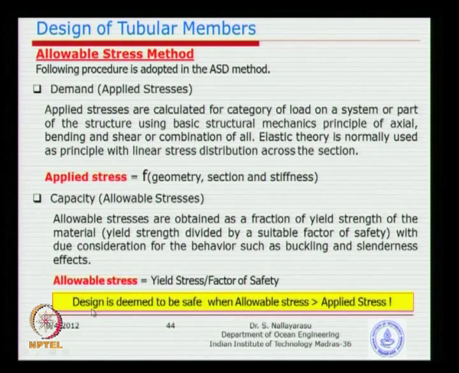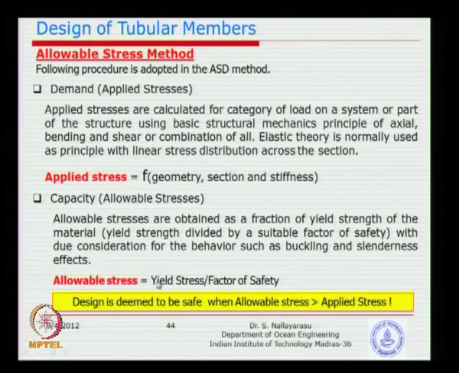Now, what will be the allowable stress for different load conditions? For example, you have axial load, you may have bending loads, you may have shear, and you will have hoop stress, because we have tubular structures, you have external pressure. So, each one will have different behavior, and different factors of safety for different loading conditions can be adopted, and that is how historically all the codes are applying. For example, you apply 0.6 for axial, and for bending you may use 0.66 or 0.75 depending on the section. So, basically here the allowable stress calculation becomes quite simple, that you take a fraction of yield as your allowable stress.